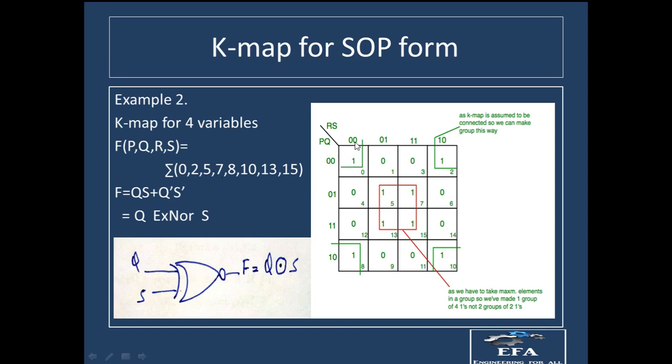Okay, so after that, in this direction, from here and from here, let us see that R is equal to 0 and R is equal to 1. So R is again changing, so we have to drop R. S is equal to 0 and S is equal to 0. S is constant, so we have to keep it, but the value of S will be S complement, because the value of S is equal to 0, right? So we have to take S complement. So from the first group, we have come up with the result that it is equal to Q complement into S complement, Q complement into S complement.